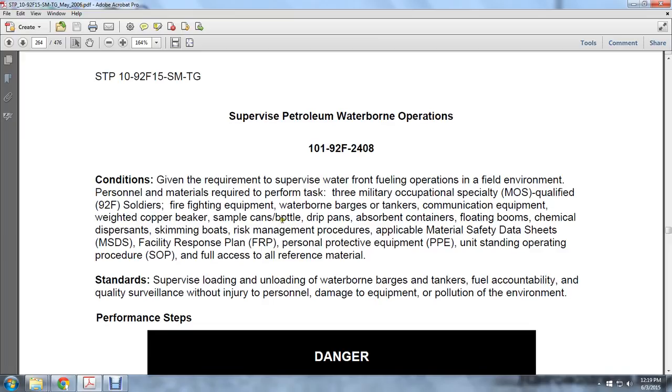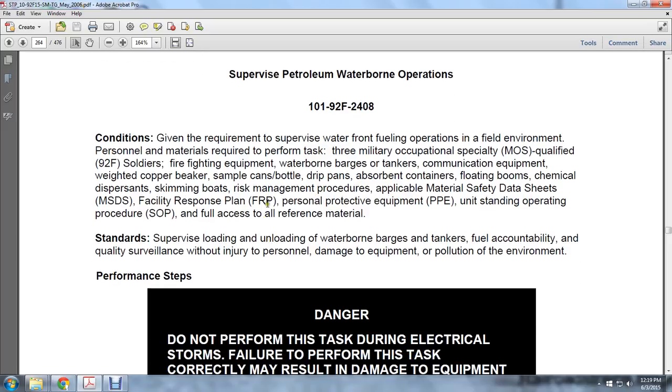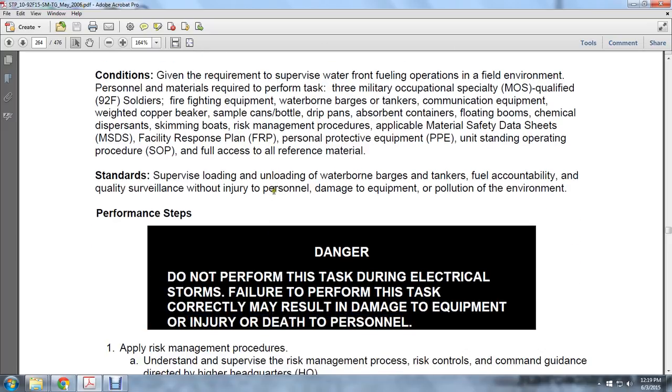Also required are a weighted copper breaking sample can, bottle, drip pans, absorbent containers, floating booms, chemical dispersants, skimming boats, risk management procedure, applicable material safety data sheet, facility response plan, personal protective equipment, and unit standing operating procedure, with full access to all reference material. Supervise the loading and unloading of the waterborne barges and tanks, and fuel accountability and air quality surveillance, without injury to